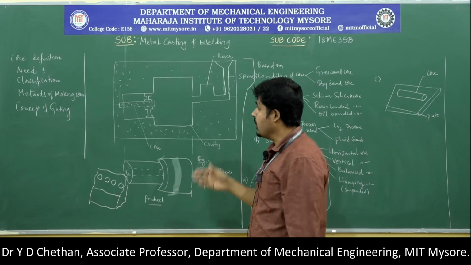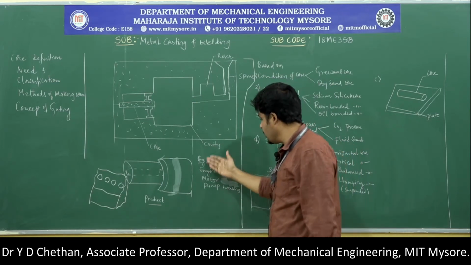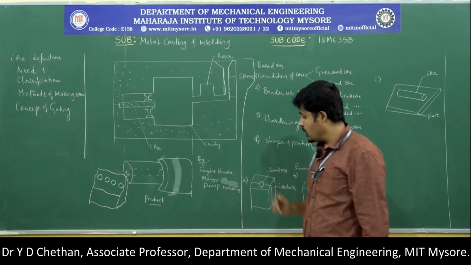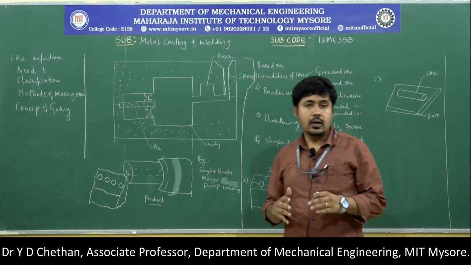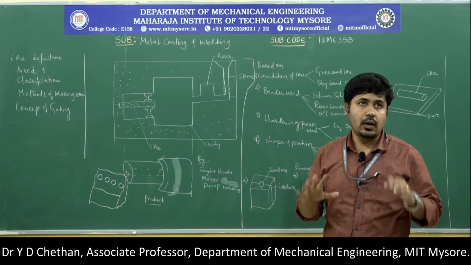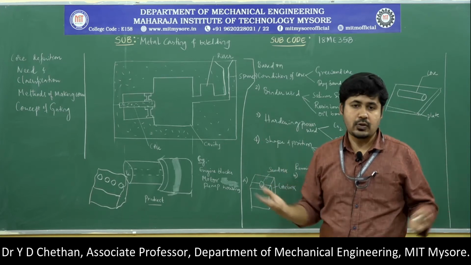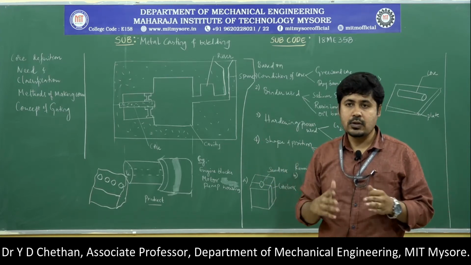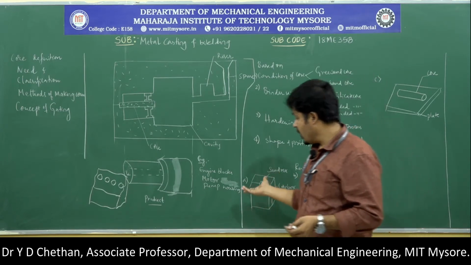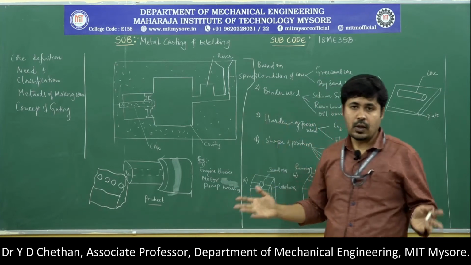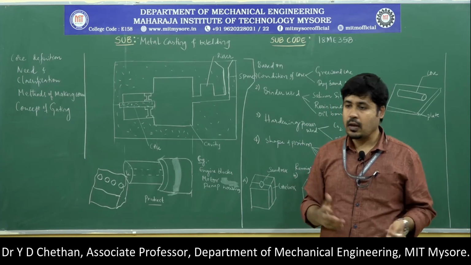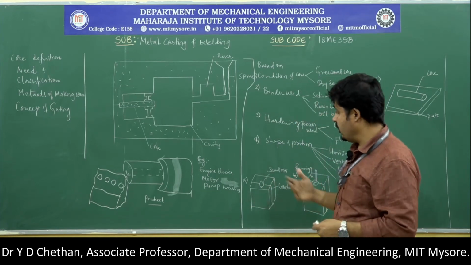Okay, then the next one is, as I said earlier, these are examples of having cores in the manufacturing of engine blocks, motor casings and pump housings. If you consider the pump housing, the volume is as good as this classroom. Then if you want to make a hole, that is a very tedious task and it is almost impossible also. So once you manufacture the housing, if you want to make a hollow cavity, that is very difficult.